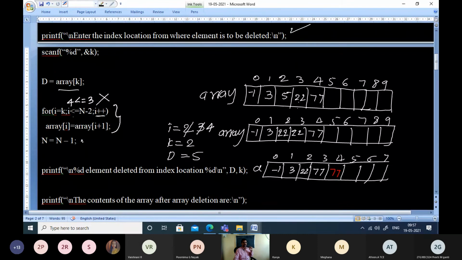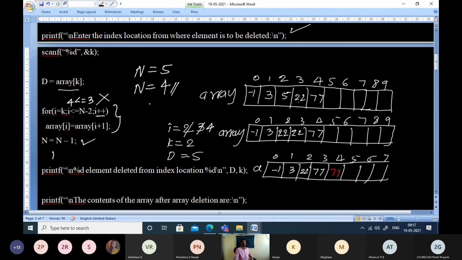And what is the immediate next statement? n is equal to n minus 1. What was the present value of n? Present value of n was 5. Now when you perform n minus 1, the new value of n becomes 4. That indicates there are only 4 elements in the array.